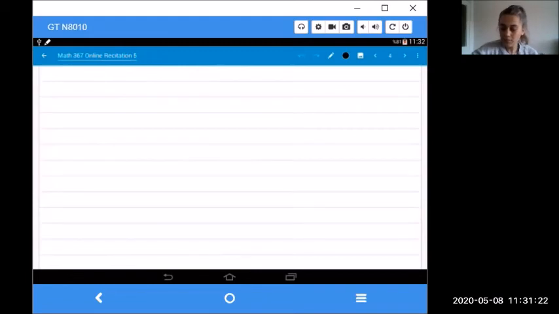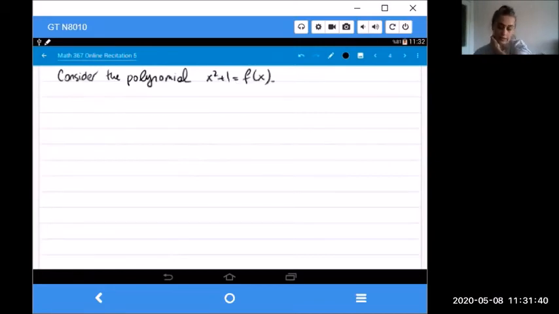And we have a polynomial, right? Now consider the polynomial, which is the generator of our ideal I, x squared plus 1. Let me call this f of x. Now our claim is that f is irreducible